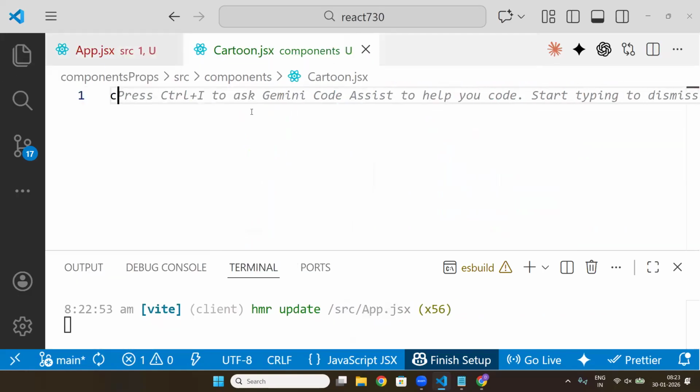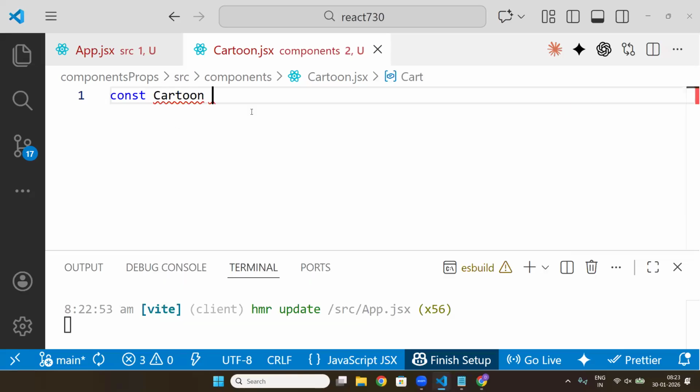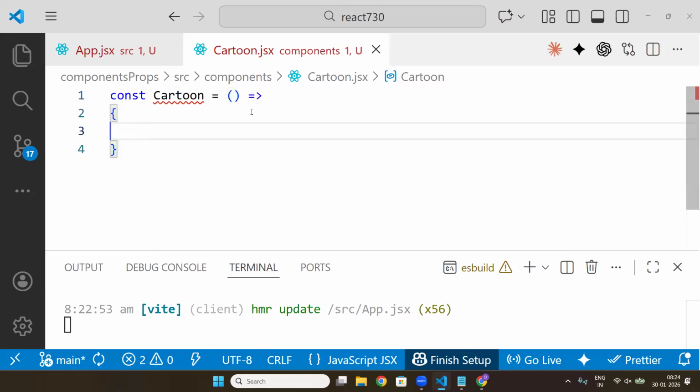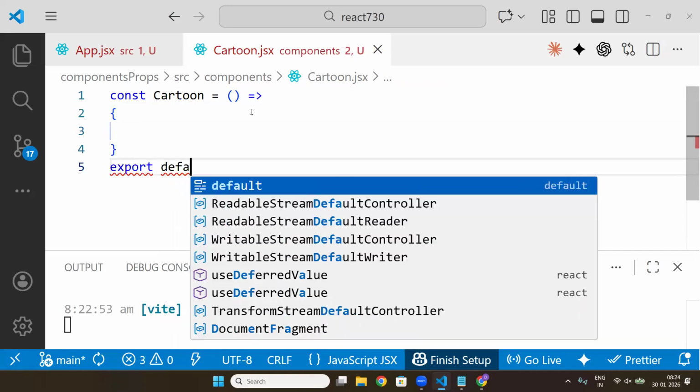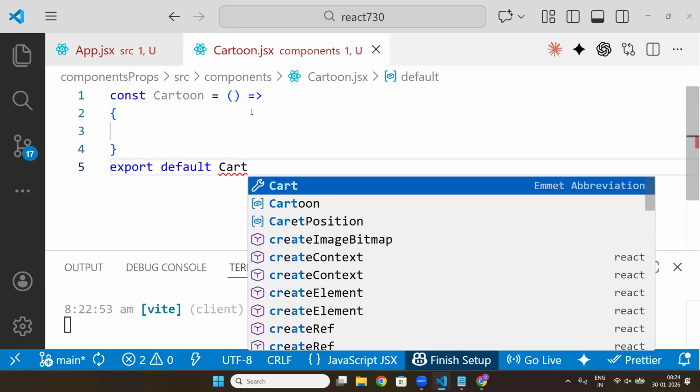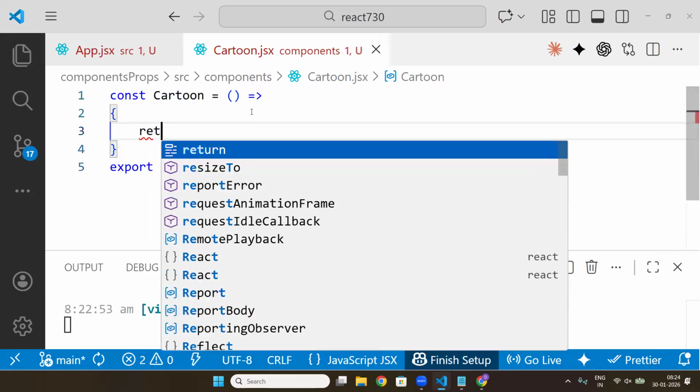Now, const cartoon. Now, here, export default cartoon and return